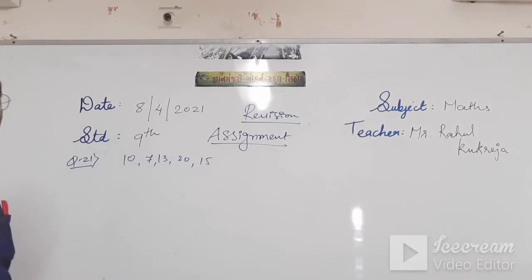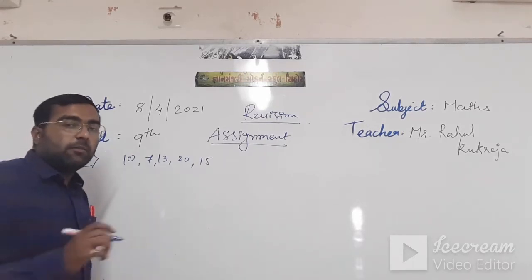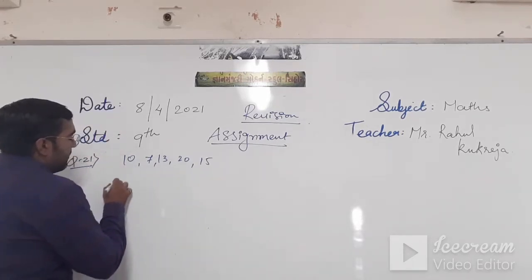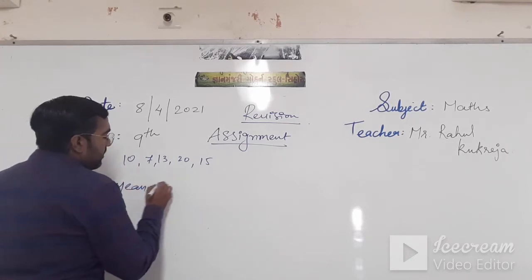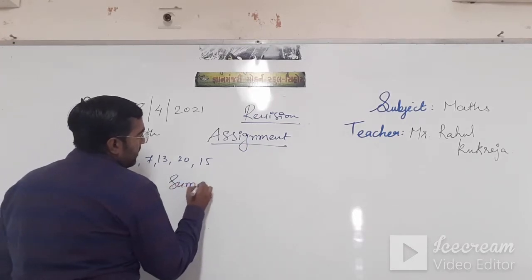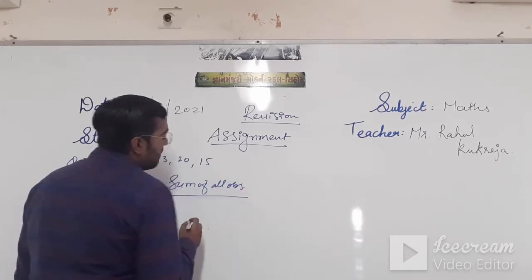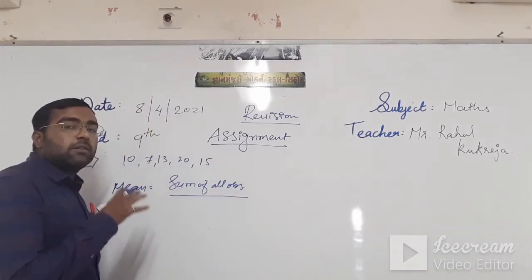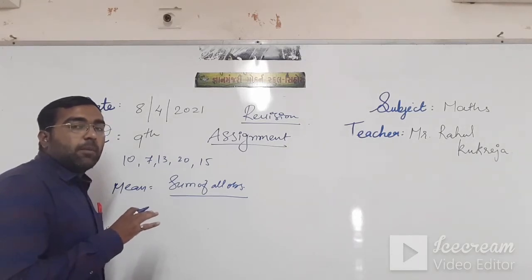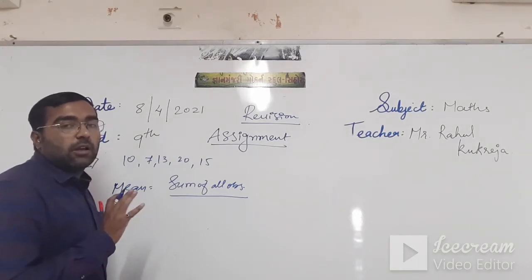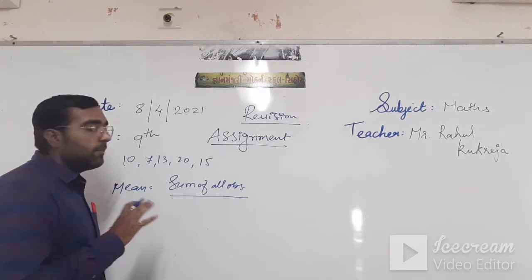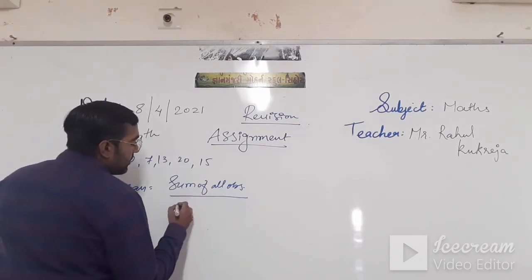So find the mean. So mean का फॉर्मूला क्या है? That is mean equal to sum of all observations. ये 1 मार्क का क्वेश्चन है तो आपको ये सारी चीज लिखनी पड़ेगी, वरना आपको कोई मार्क्स नहीं दिया जाएगा. सम ऑफ ऑल ऑब्जर्वेशन अपॉन